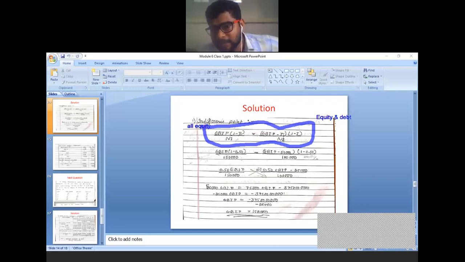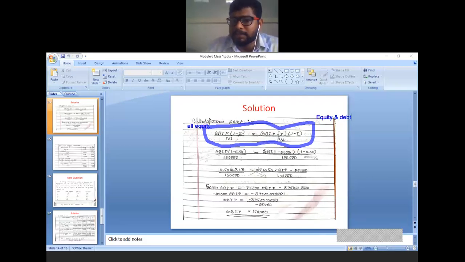And in the second part, that is the right side, what is given? Interest is given. I means interest. Therefore it is the combination of equity and debt. So first of all, the formula: EBIT into 1 minus T divided by N1 is equal to EBIT minus I, that is earnings before interest minus interest, into 1 minus T, the tax portion you are deducting, divided by N2. Listen, N1 means number of shares outstanding in the first plan, N2 is number of shares outstanding in the second plan.